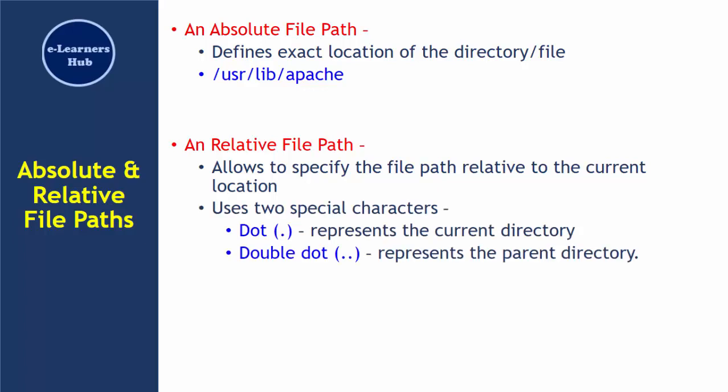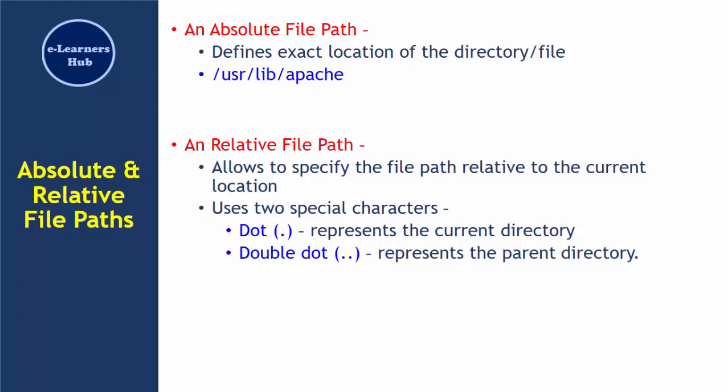So while using the relative path, we make use of a single dot or a double dot, where a single dot indicates that it is the current directory, whereas a double dot indicates that this particular directory is a part of some other directory. That means if you see two dots in your current directory, that means this current directory has a parent directory. So let's see the demonstration of this.